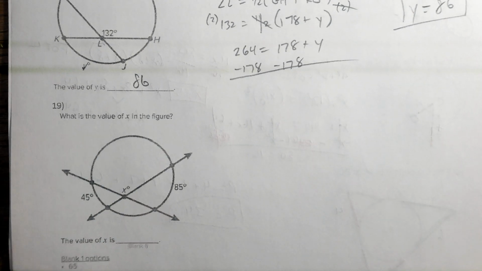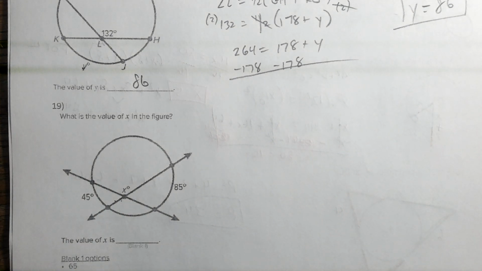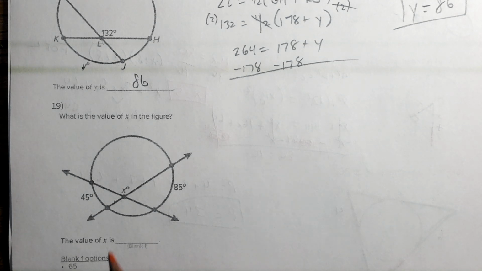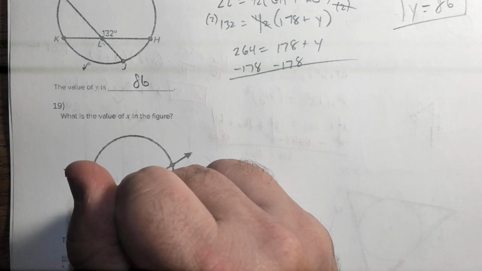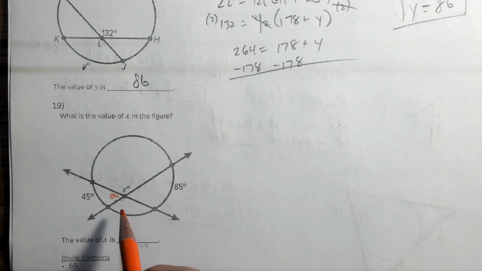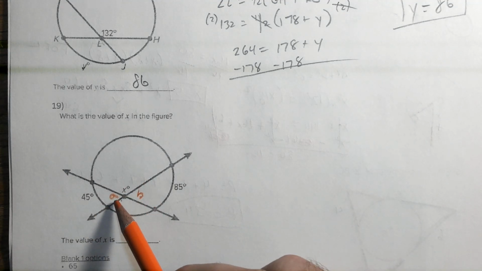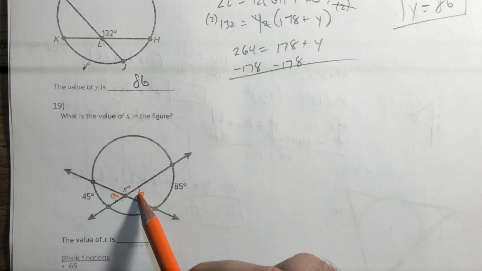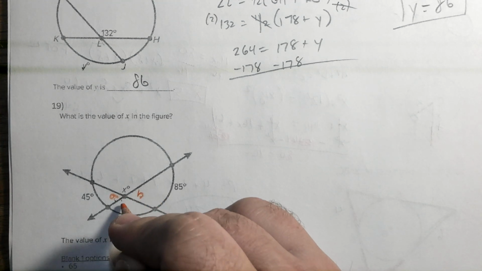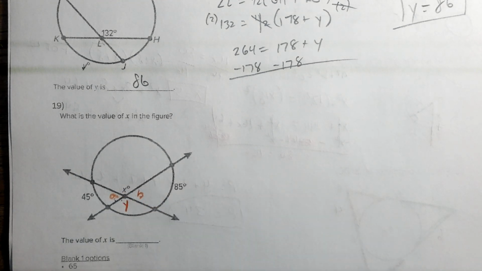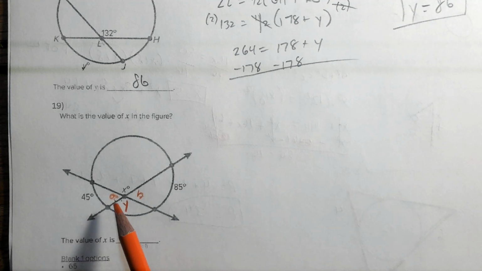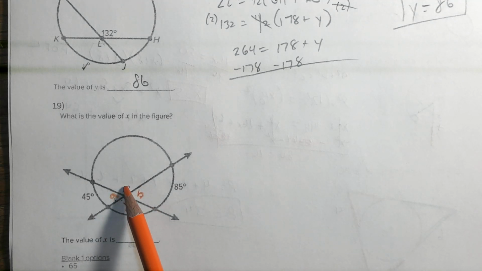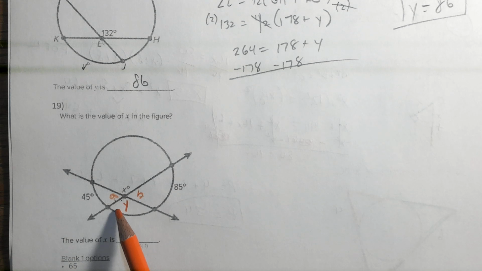Alright, number 19, slightly different. Alright, so I'm just going to call this A. And I'm going to call this side B. Okay, so these two are vertical angles. So A and B would be congruent. X, and we'll call this guy Y down here. X and Y would be congruent. Well, notice that A and B are on the same line. These are a linear pair, excuse me. Linear pairs are